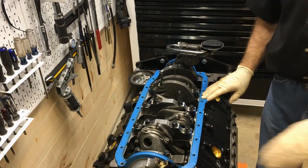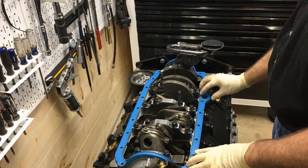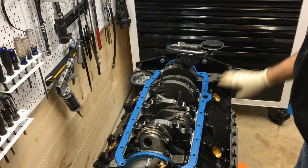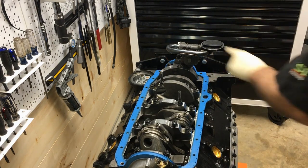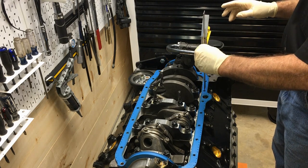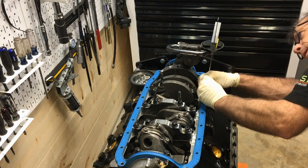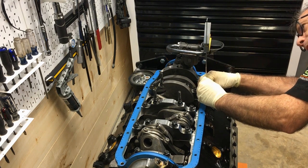Now I put on the oil pan gasket. This is a test one. I keep an old one on so I don't have to mess up the brand new one. The pickup, I just see how far it is. So with the gasket,